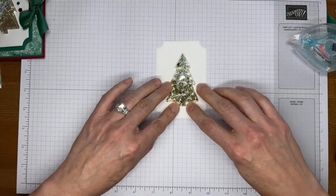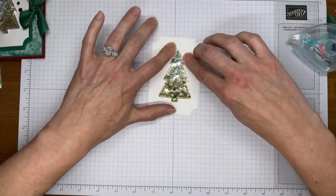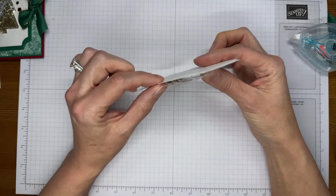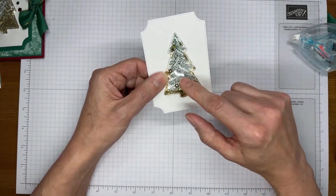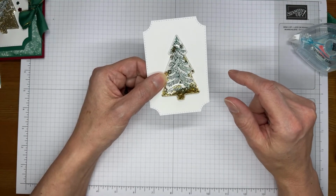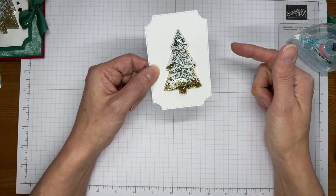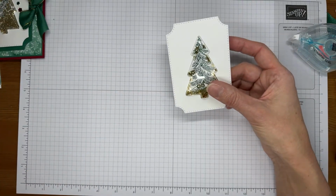All right, so then you take the adhesive on the other side and you basically stick these together, and there you've got your little shaker thing all done. So the shaker cards are super quick and easy with the little self-adhesive domes. Stampin' Up! has circle domes that are available right now to you. They coordinate with that little piggy stamp set, and they work the same way. They've got sticky on both sides of them, so they're really easy to use and really easy to make